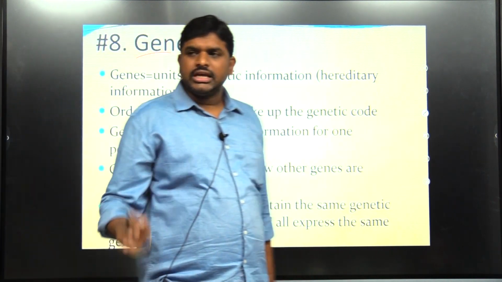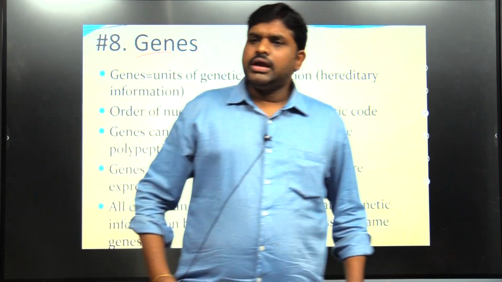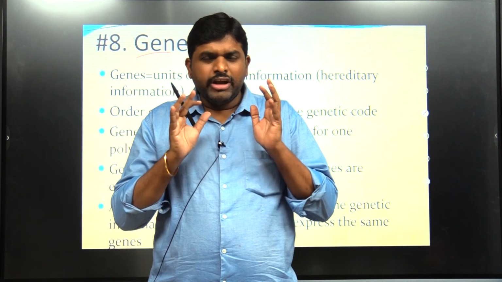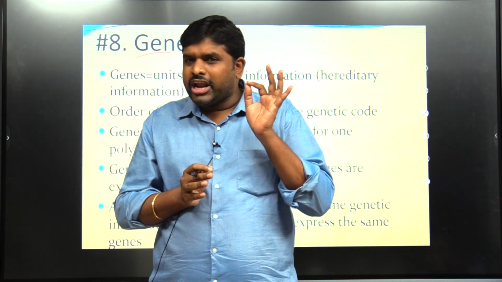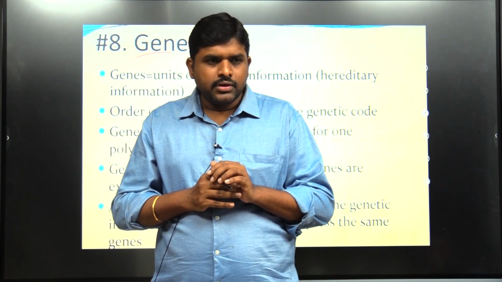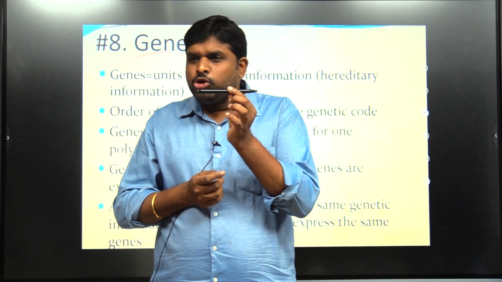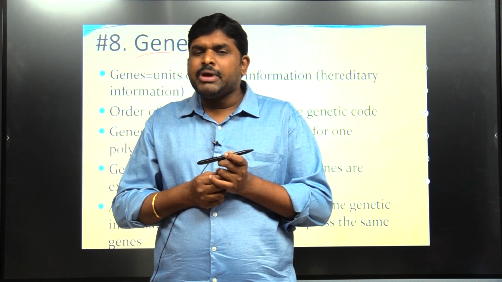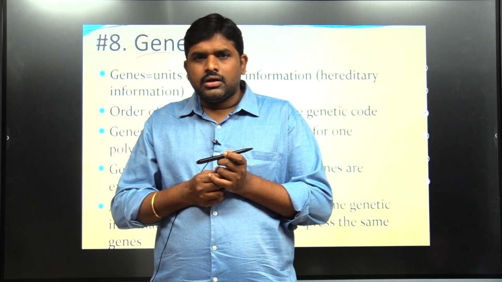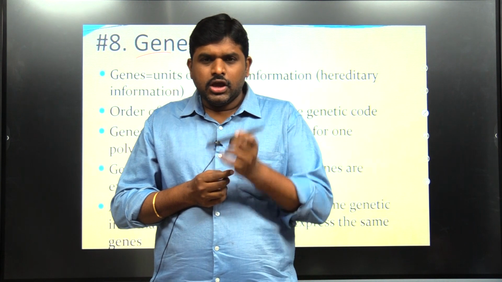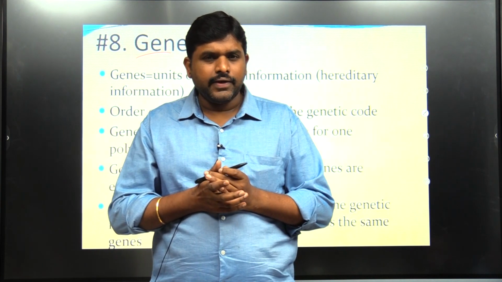In this way, the DNAs are there. So again I am repeating. When I talk about a single DNA, it's a double helix structure. In a double helix structure, on every strand there is a nucleotide strand. So nucleotide strands will be joined together by hydrogen bonds. The base pairing will happen with one purine with another pyrimidine, one pyrimidine with another purine, like A with T and C with G. So this combination of 2 nucleotides on 2 strands is called DNA.